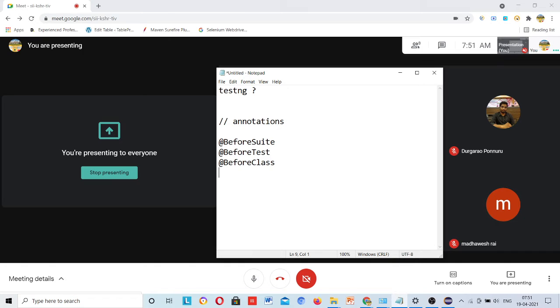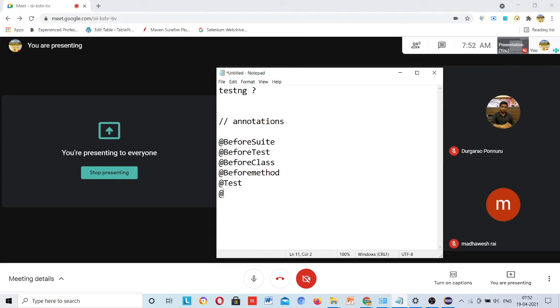So before test, and then it comes like @Test. But suppose before @Test, sometimes if you have before method, then that will be running. So I am telling you the annotations, but I am also writing them in the order they will run. So you need to write in the same order.